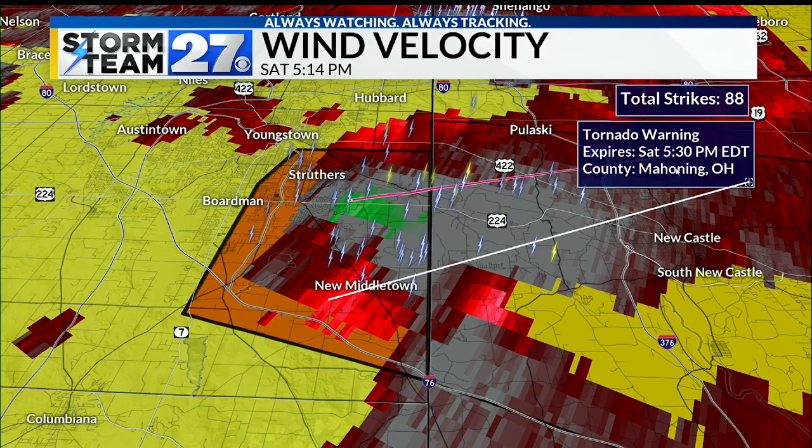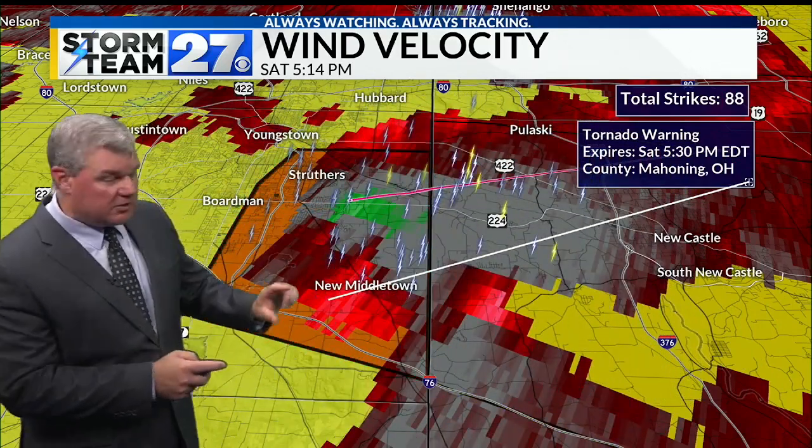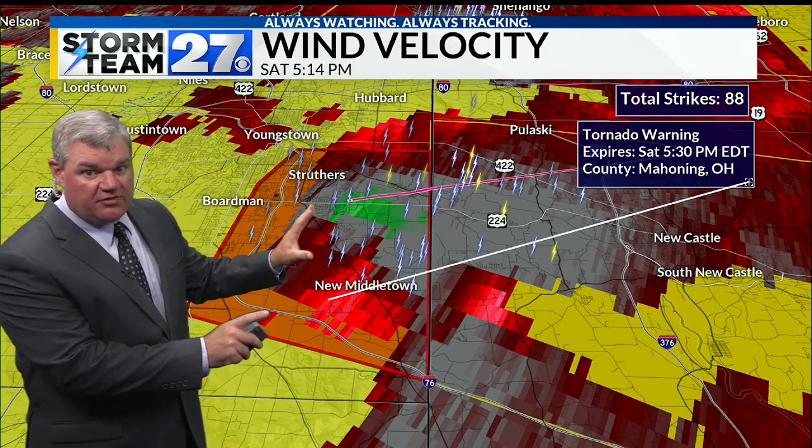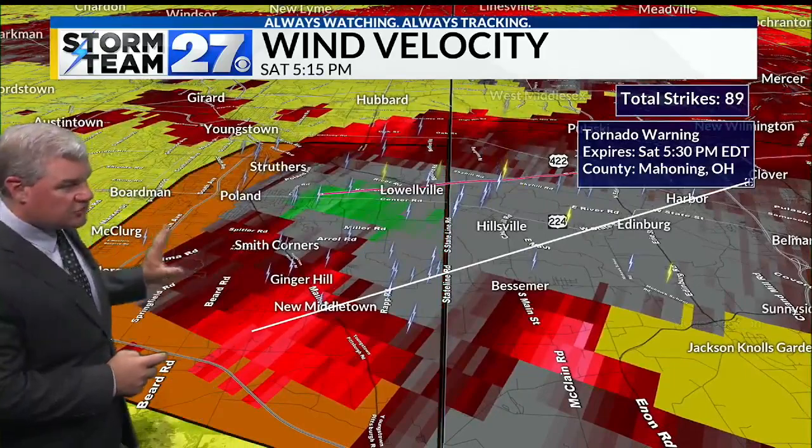But what we're watching very closely is, again, where this storm moves through. So this is looking up from New Middletown. It's been scary looking for you. Moving this way through. That rotation itself is still in Mahoning County that we're watching. Not quite as tight of rotation with it, but definite rotation here. It's a little broader. Earlier, we saw these kind of tighten together. Now we're starting to see these kind of spreading apart, and that's a good thing. So that's what we're watching, but still a concern until we can get this storm cleared